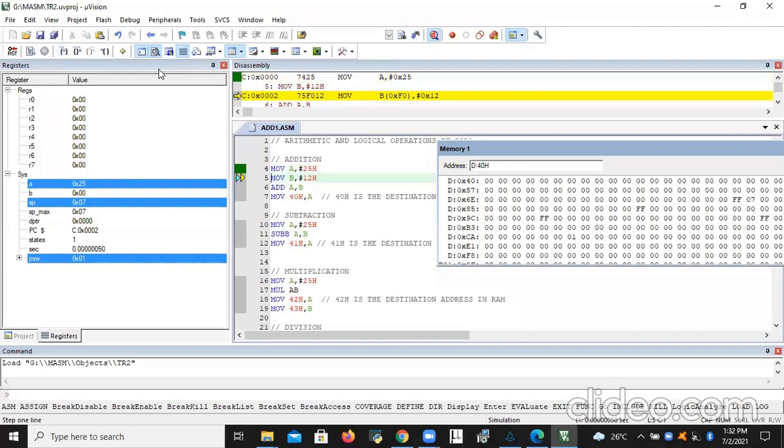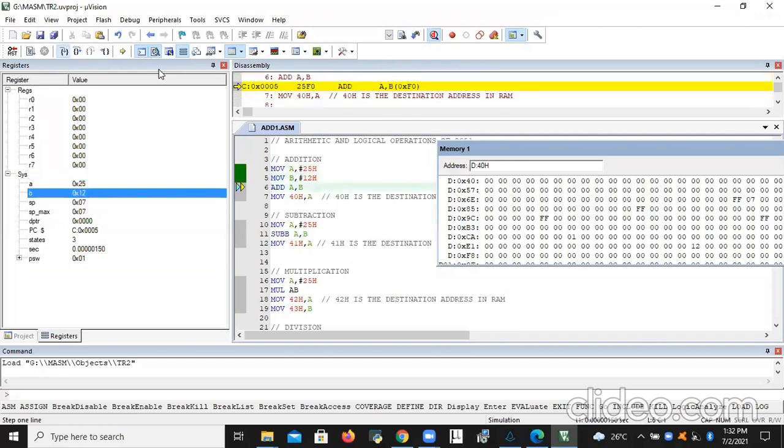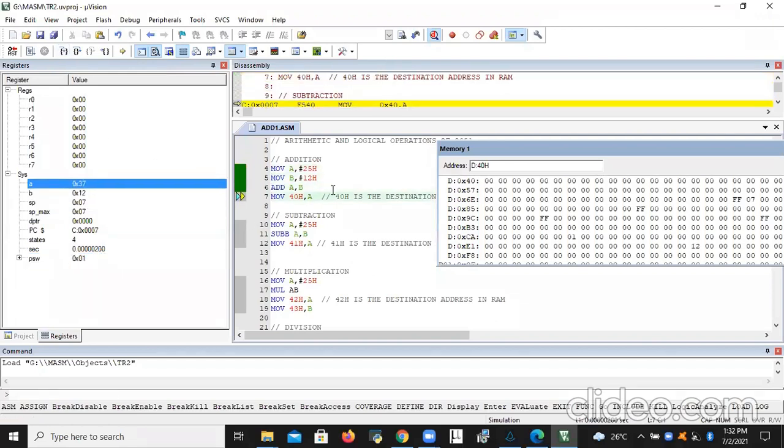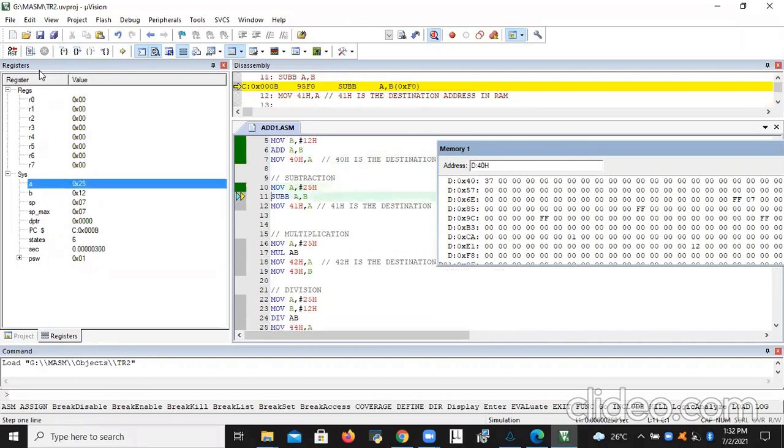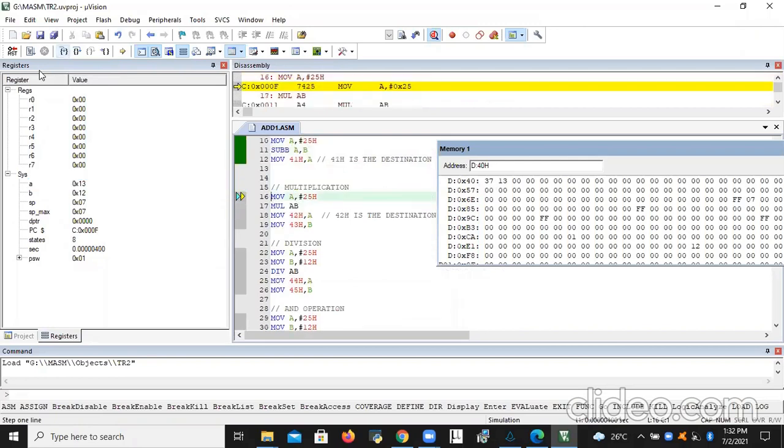F11, 25, 25. In this line, I am copying the accumulator value into the memory. Right. Now the memory space is empty. I am executing this line such that the value will be loaded to the memory. Just see, the data in the memory has changed. Next line.